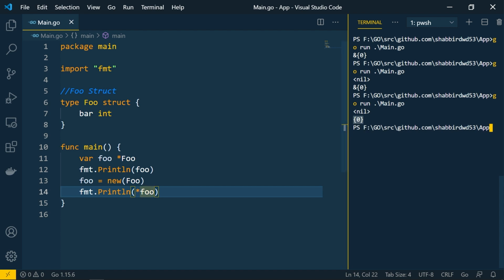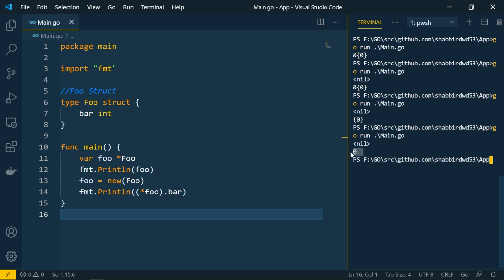Now if you want to get the particular values inside this struct, suppose inside this foo struct we have bar of integer, then we can get that value as well. If I do dot bar here, then we have to use the parentheses here. Once we do this, we will be able to get the 0 value out of it.